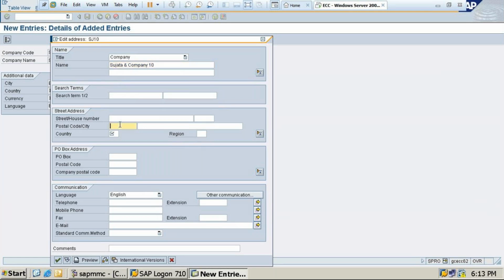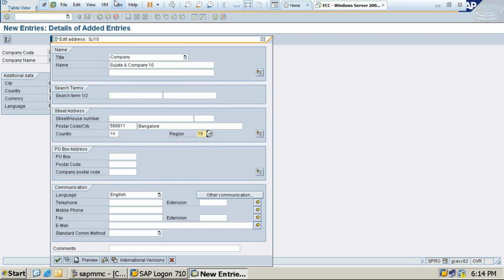Okay, so here you have to give 560011. So city is Bangalore, country India, region is 10. Okay, other things you need not fill.